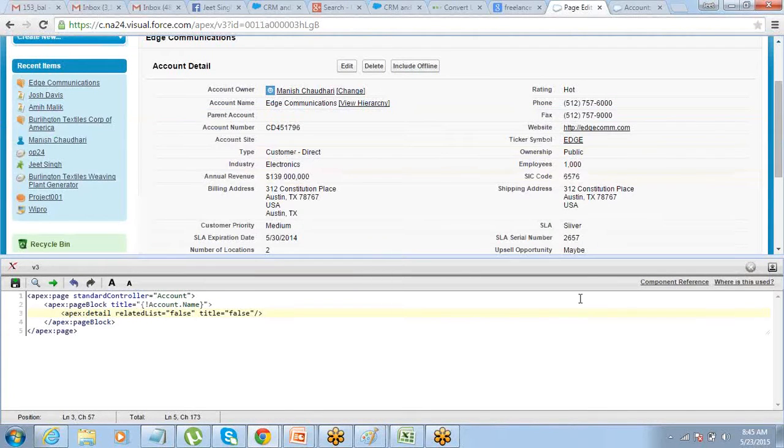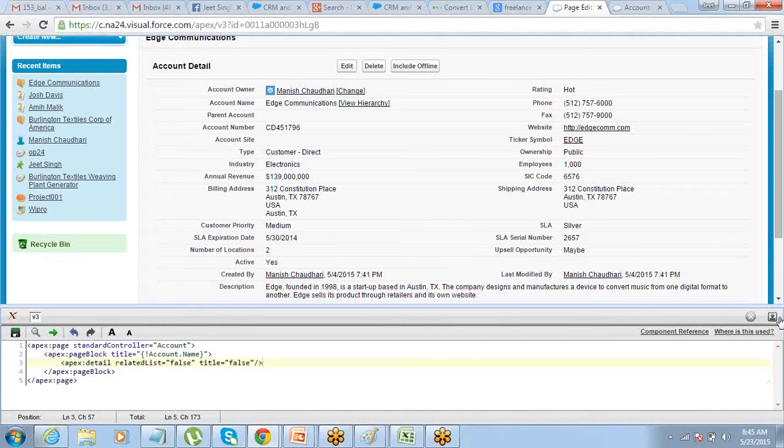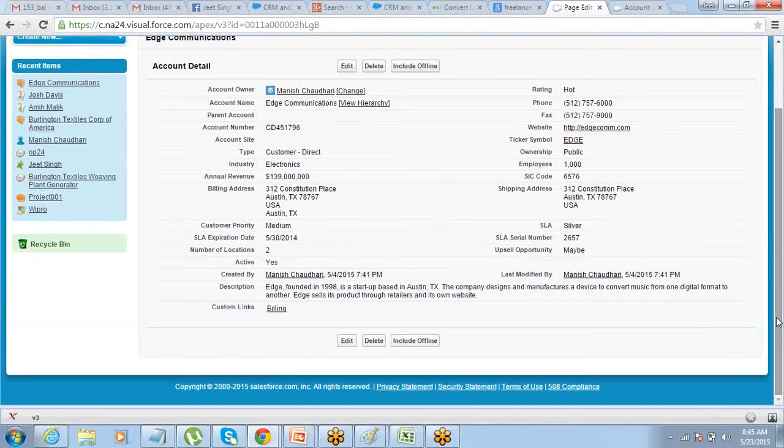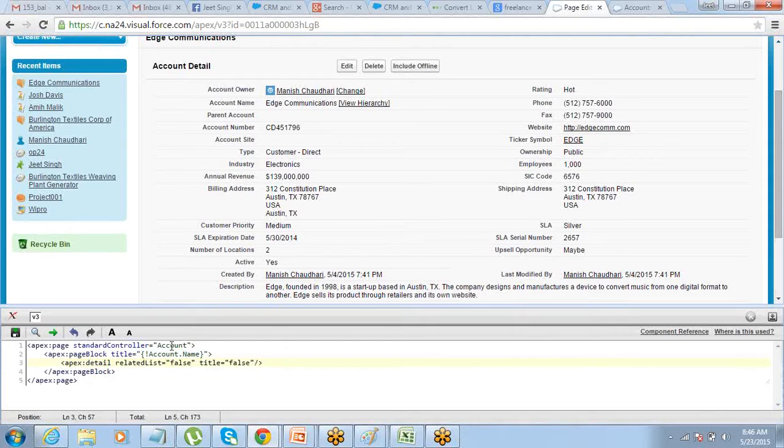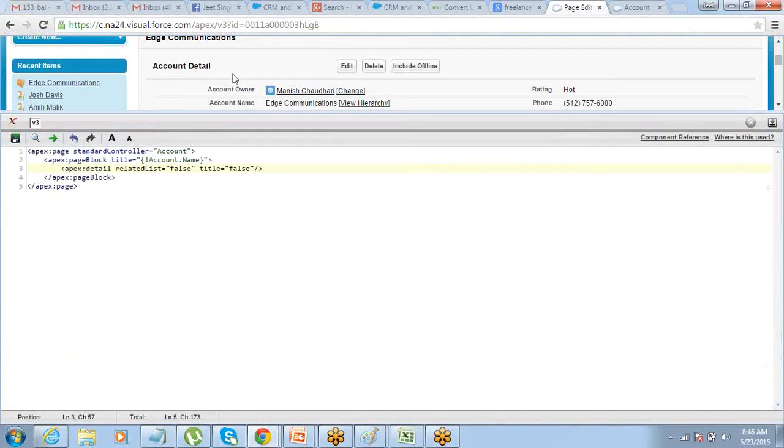In case I just want one of the related lists to appear here, I said related list equals false. All the related lists, cases, opportunities, contacts, everything has been removed from the page. I want only the contacts to be displayed. Then what do I do?